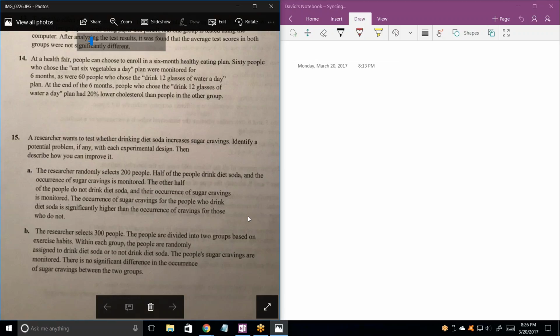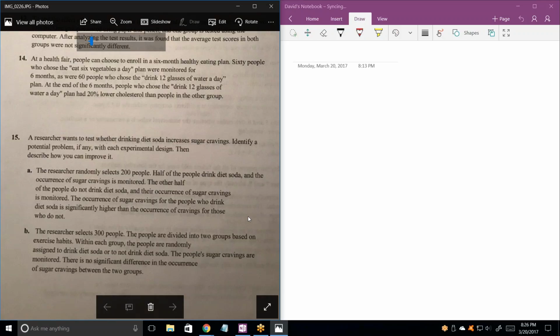Yeah, B. Notice what B has in it that A does not. The word random. Randomly assigned. Then you should go to people are randomly assigned to drink diets that are not strict diets. First of all, I'm not sure that B is any different than A. No, they're the same. The fact that they were randomly assigned, it still means that the people that are drinking